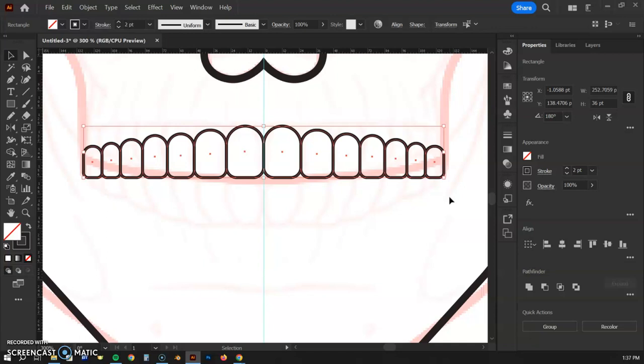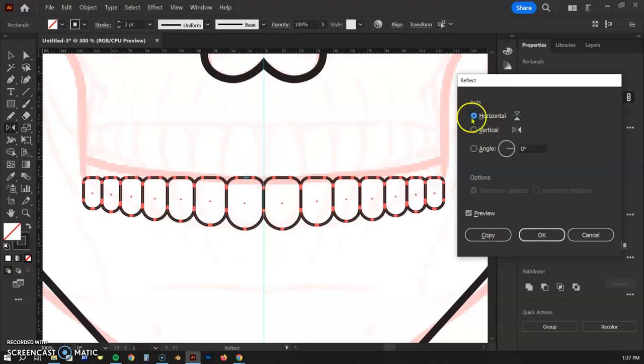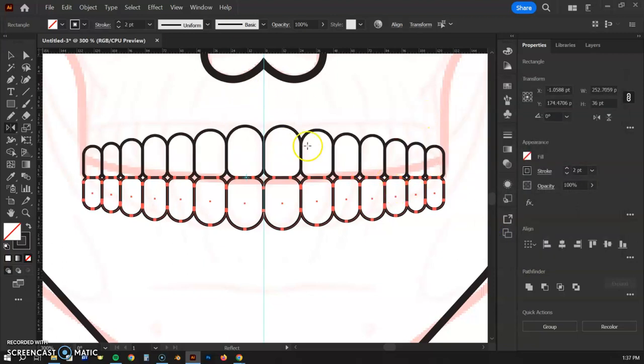So I have all of them selected. I'm going to do the same trick. Reflect tool. This time I'm going to go to just the bottom point on the path. It pops up and says path. Hold the Alt key, click, and this time I don't want vertical, I want horizontal, and you can see it's flipping down on that line here, and I'm going to hit copy, and I get a whole set of lower